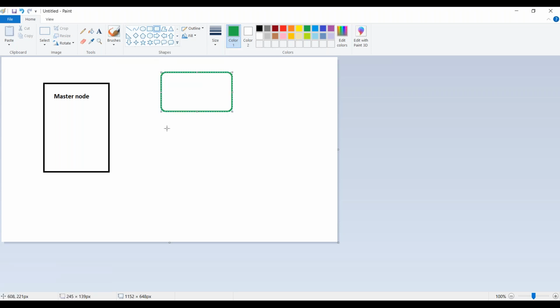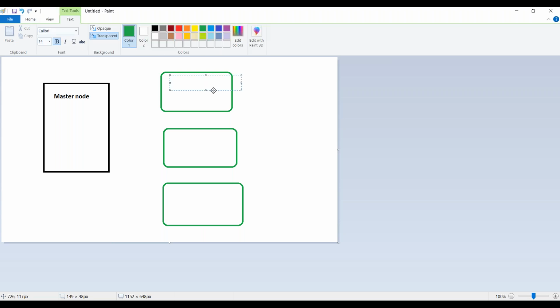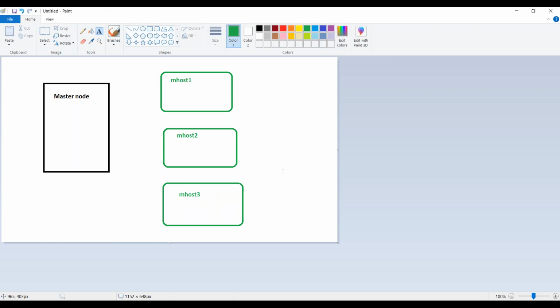So mhost1, mhost2, mhost3, these are all the clients on which we are trying to deploy or integrate certain things. Now, out of all, maybe for security reasons, what we have to do is, all hosts might be using